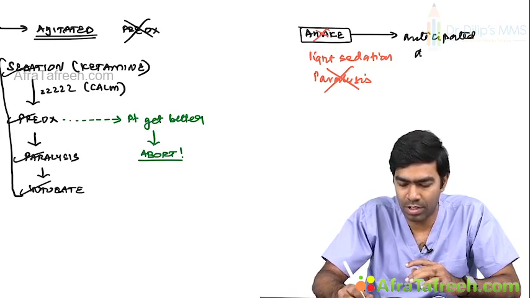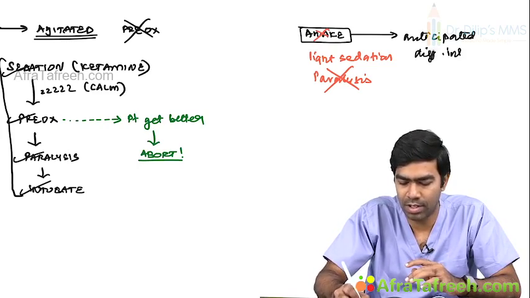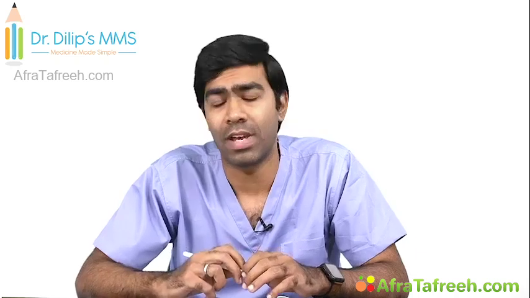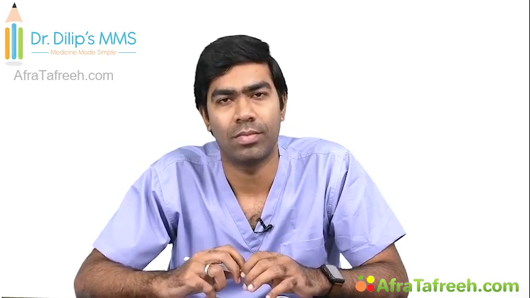Anticipated difficult intubation or anticipated difficult airway, you are not going to touch the paralytic agent at all. Very, very important. Clear? So why are you not touching the paralytic agent here? Why are you giving only light sedation? Remember, if you are giving deep sedation and paralysis, and if you are not able to intubate the patient,